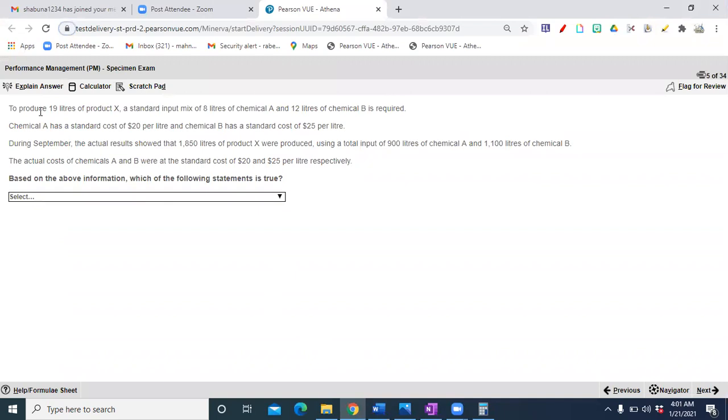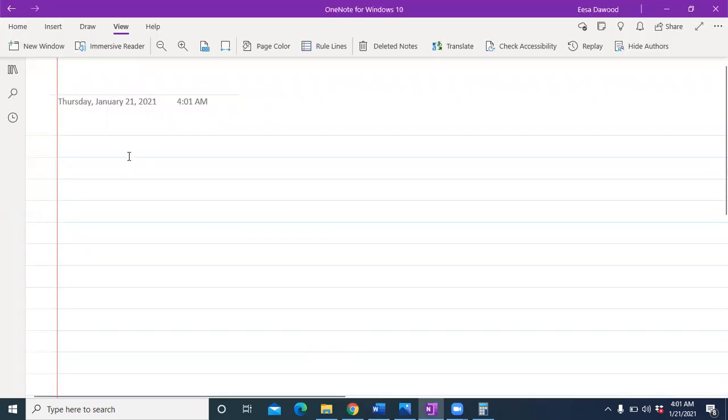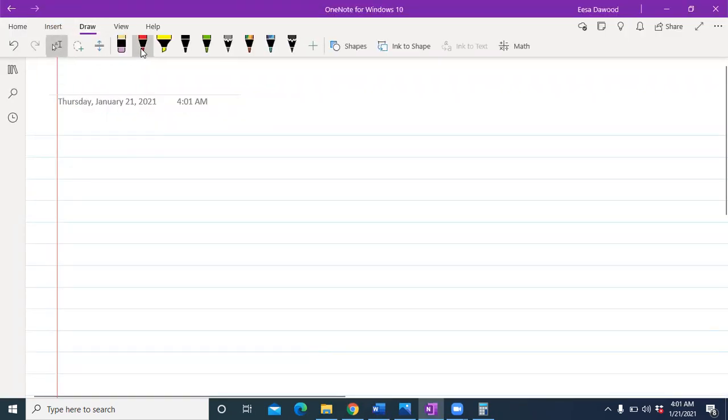To produce 19 liters of product X, a standard input mix of 8 liters of chemical A and 12 liters of chemical B is required.